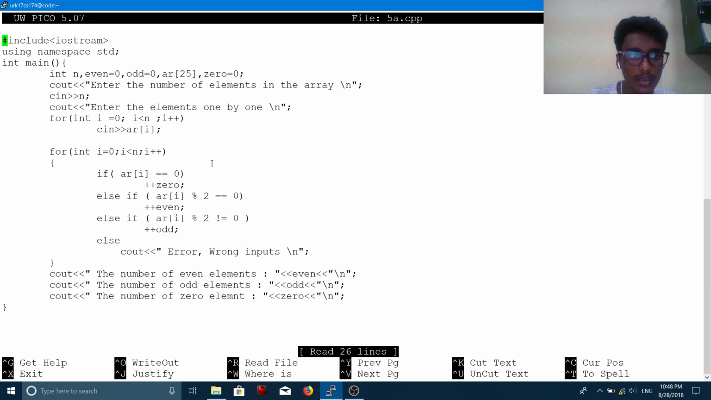The first exercise is a program which takes in an array of numbers, and we have to find out how many even numbers have been entered, how many odd numbers have been entered, and also the number of zeros. In this program, first we have declared the variables that we need, and then we have taken the input of the number of elements in the array, and then a for loop is used to take the input